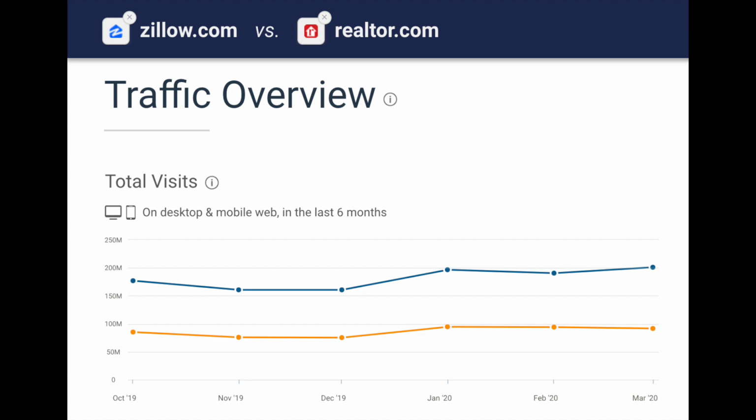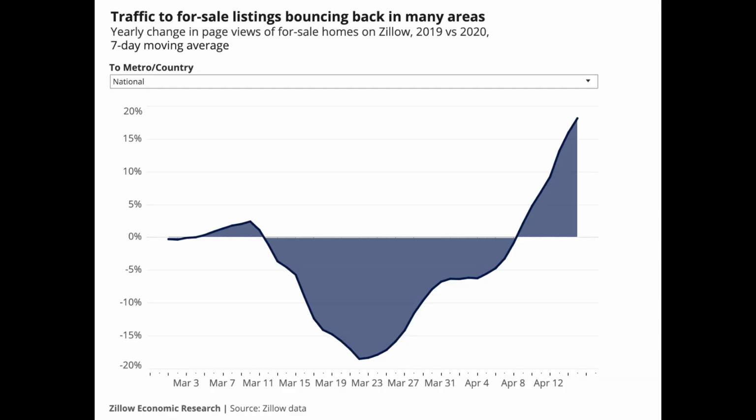But if traffic drops off for some reason, real estate may follow. Zillow recently reported that its search traffic dropped 19% from mid-March to mid-April, with some metros dropping more precipitously than others. But it's since come back even stronger than before compared to this time last year. Number 12,